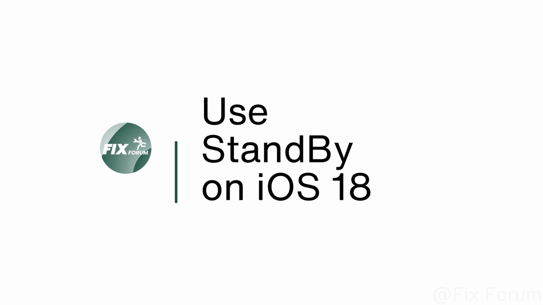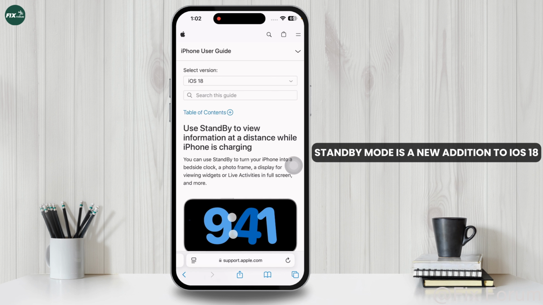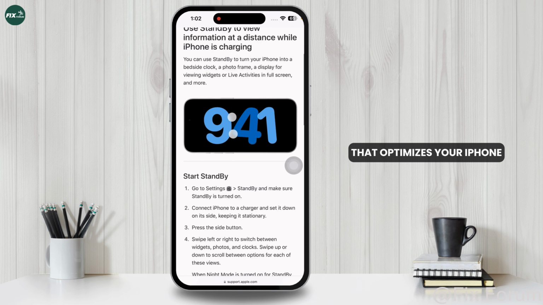How to use StandBy on iOS 18. Whether you're at home, work, or on the go, StandBy is here to make your iPhone smarter. Let's get started. Standby mode is a new addition to iOS 18 that optimizes your iPhone based on your usage